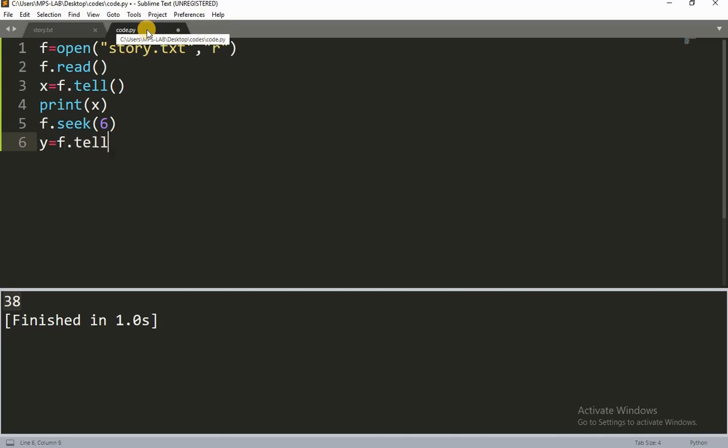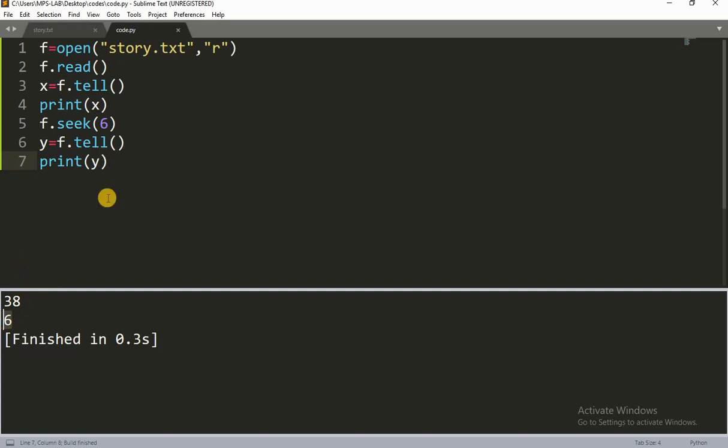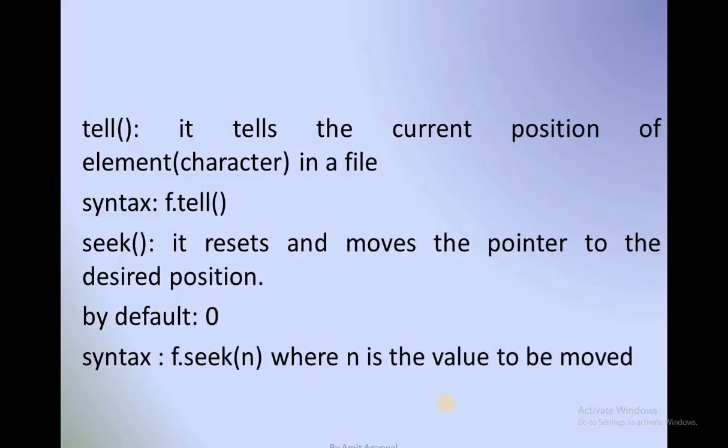We will simply type y equals to f.tell, and let's say we have printed y. So in this case we are going to get the answer as 6. So earlier the position that was 38, now the position is 6. Alright, so this is basically tell and seek pointers in Python.